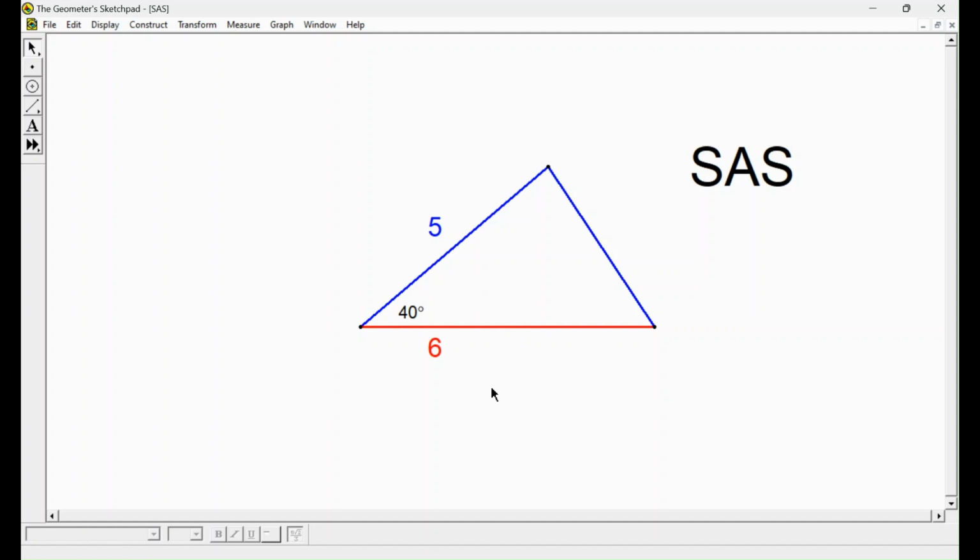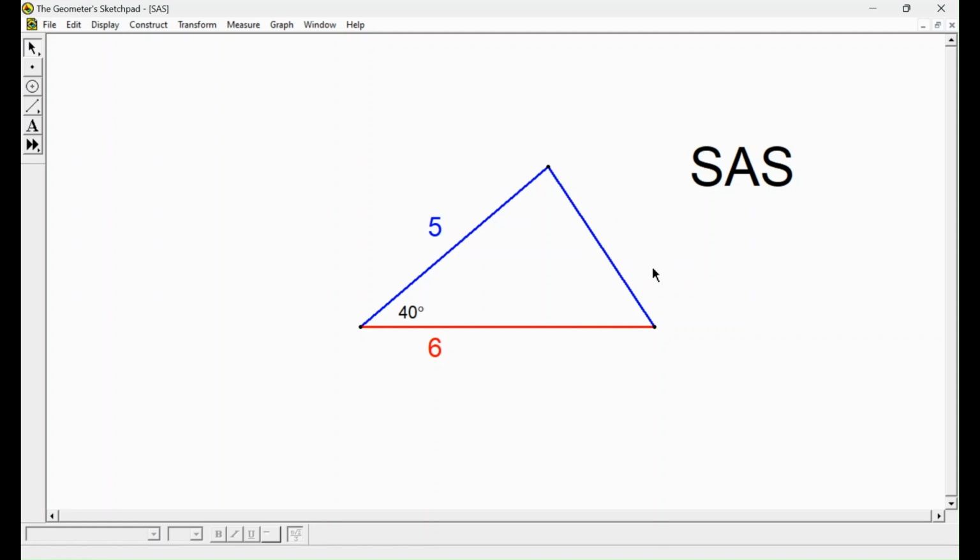That, by the way, is something that you're going to do in IM3 next year. You'll see this problem or something like it next year, and someone will ask you, what's that angle, or what's this angle, or what's this side length over here? And we could find them if we were in an IM3 class, but I won't go down that road because we're not. But side angle side has another meaning,